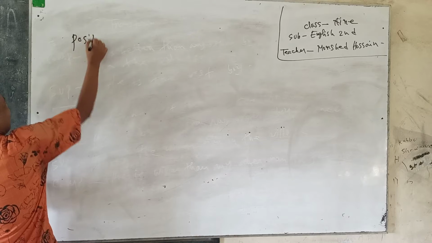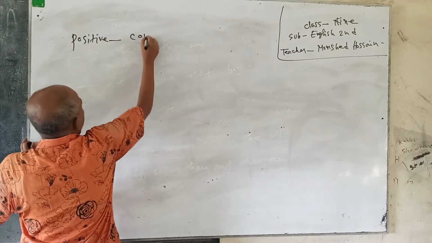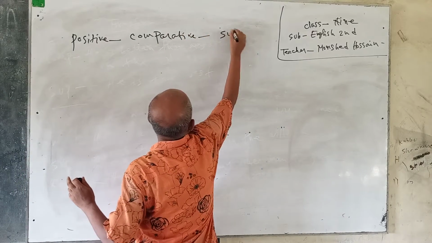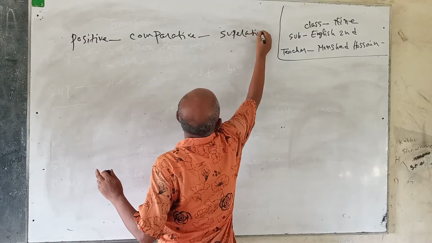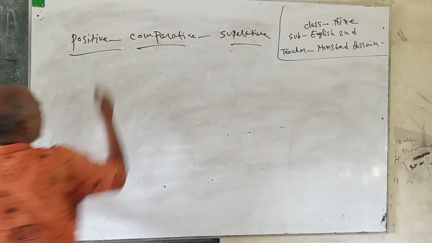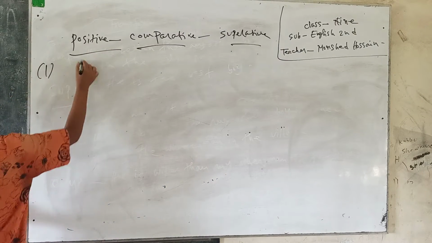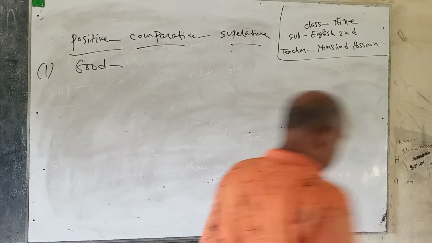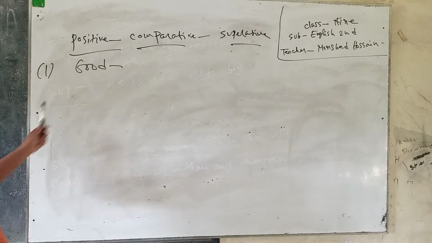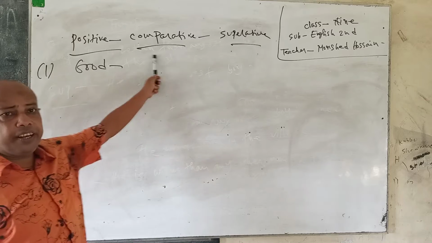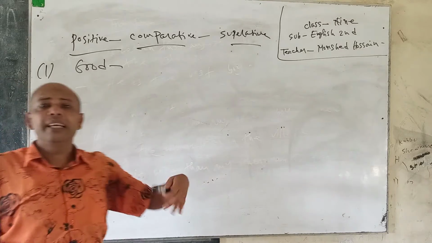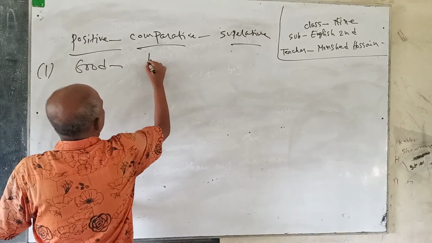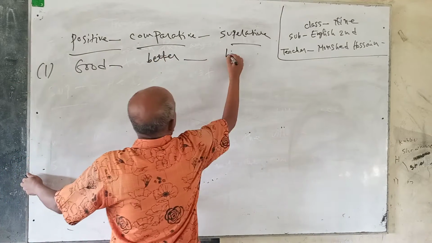Positive, comparative, superlative. So this is an important thing. So good. We have to know this criteria. If you know this criteria of the degree of adjectives, then you will easily solve the problem of degree of adjectives. So positive, good, better, best,